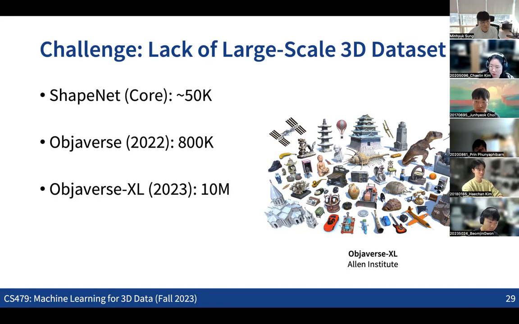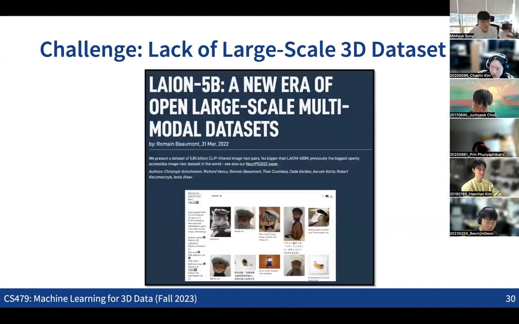So actually, the reason why we could see the big success of the image diffusion model was because of having this kind of large scale 2D dataset. So if we cannot make this kind of large scale 3D dataset, then the quality of the 3D models that we can achieve may be quite limited. So that is the issue in 3D generation. So that's why we can consider utilizing not only the 3D dataset, but also the 2D dataset as well for 3D generation.